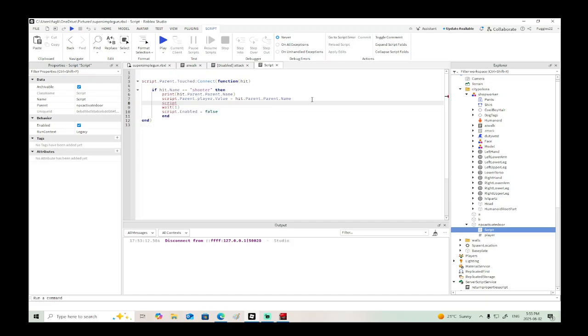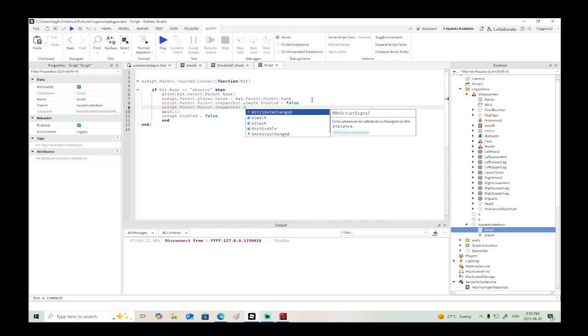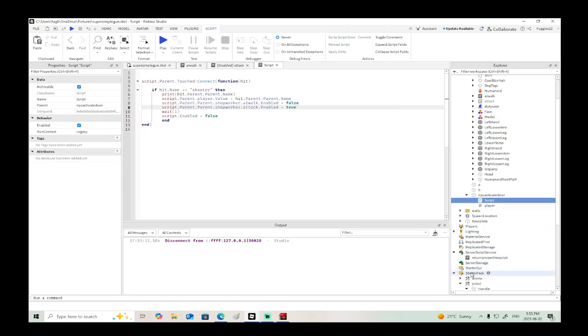We need to say script.parent.shopworker.ai walk, right? .enabled equals false. And then we need to say script.parent.attack.shopworker.attack.enabled equals true. And then when we have our server script here,